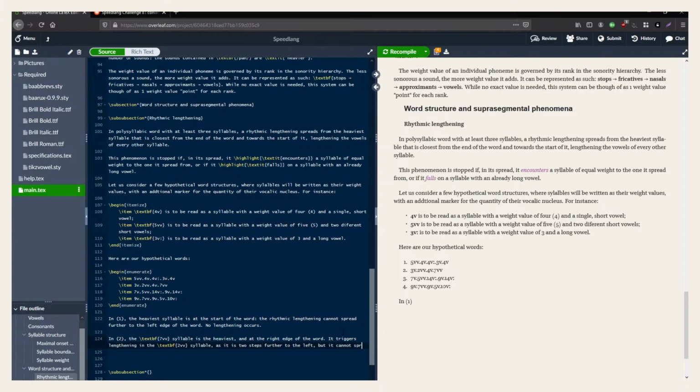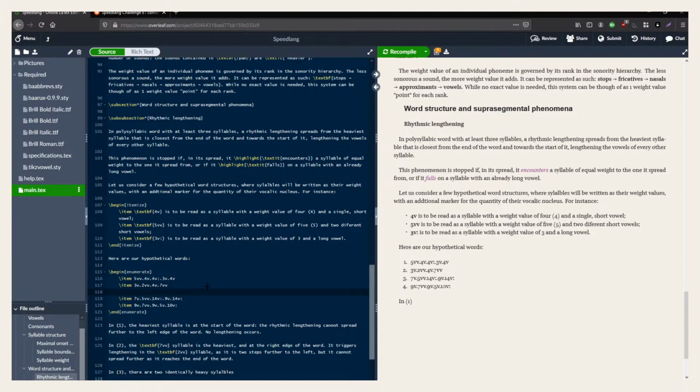It cannot spread further as it reaches the end of the word. In three, there are two identically heavy